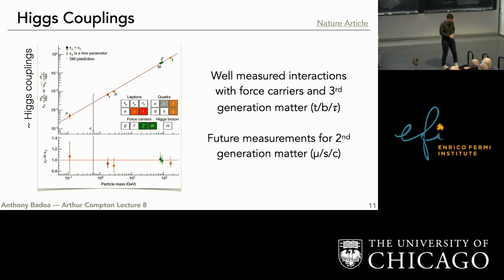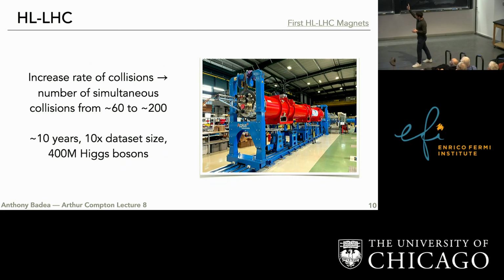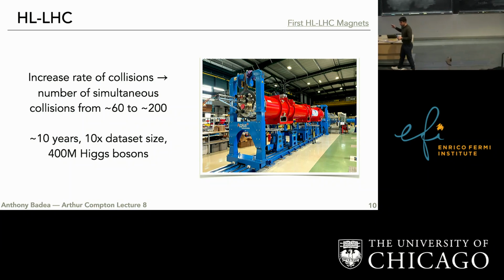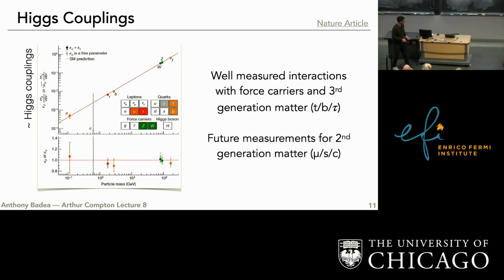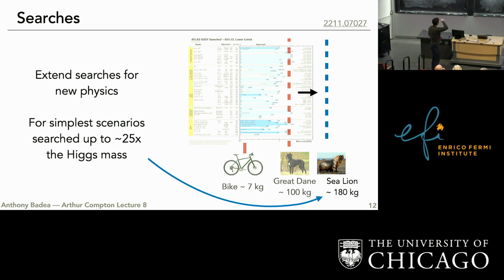But in any case, the only point that I'm showing you this is to say this from the high luminosity era, when we have 4 million Higgs bosons, is going to be a major pillar where we're going to be measuring all of these properties extremely precisely. And the second major pillar is kind of a diagram I've showed you in the past, is continuing searches for new physics.